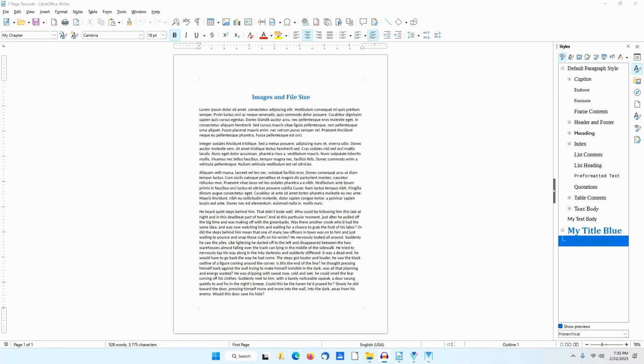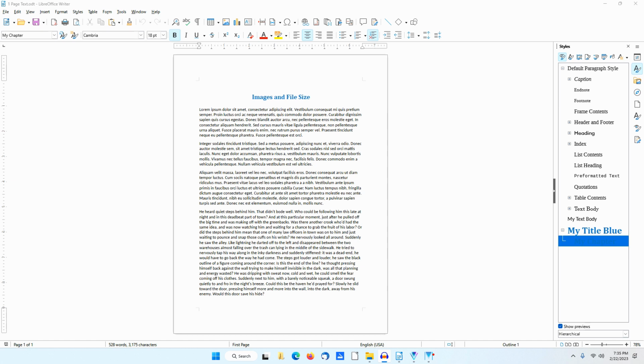Have you ever run into problems working with large documents? Documents with large file sizes can be more difficult to email. They can also take longer to download if located on the Internet. Editing documents with large file sizes can also present challenges. So what causes the file size of documents to get so large?